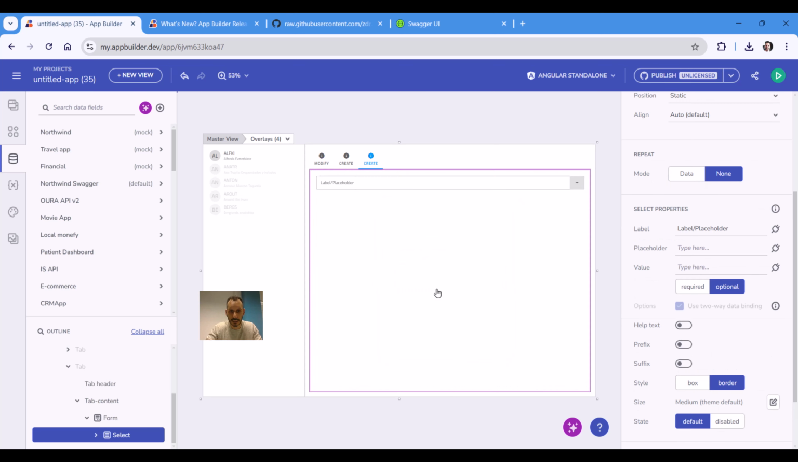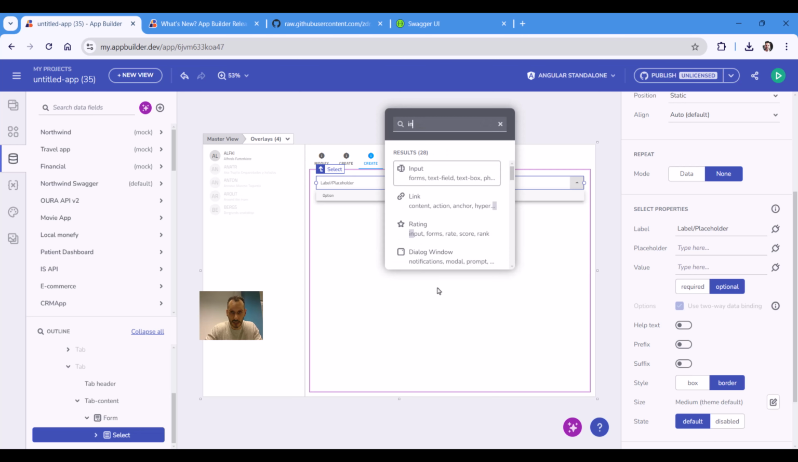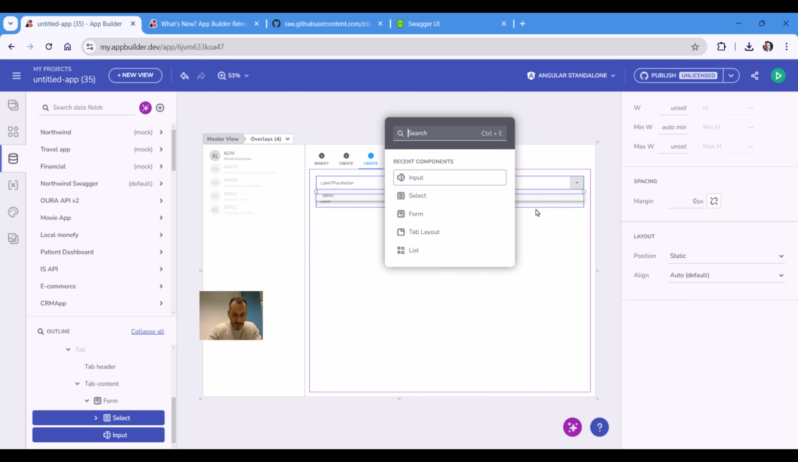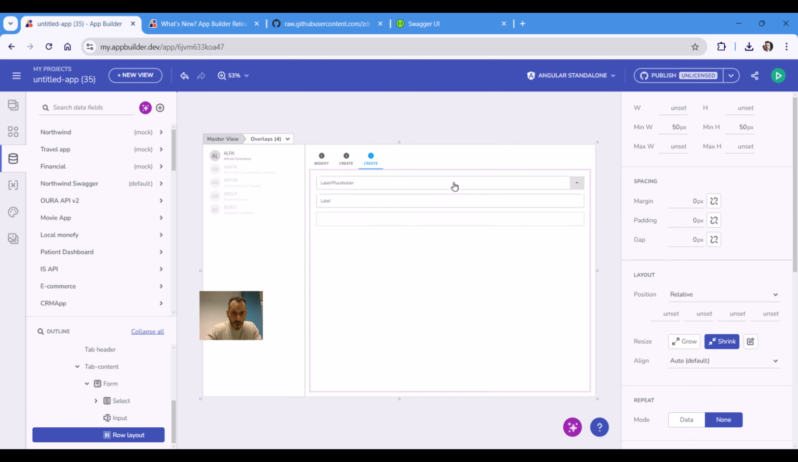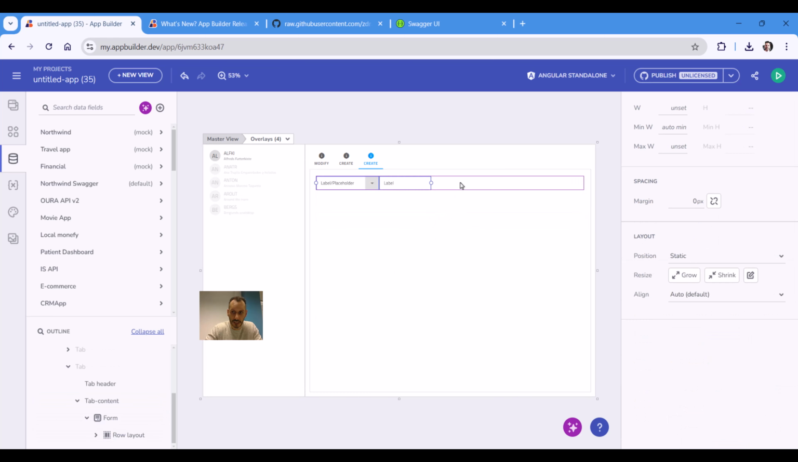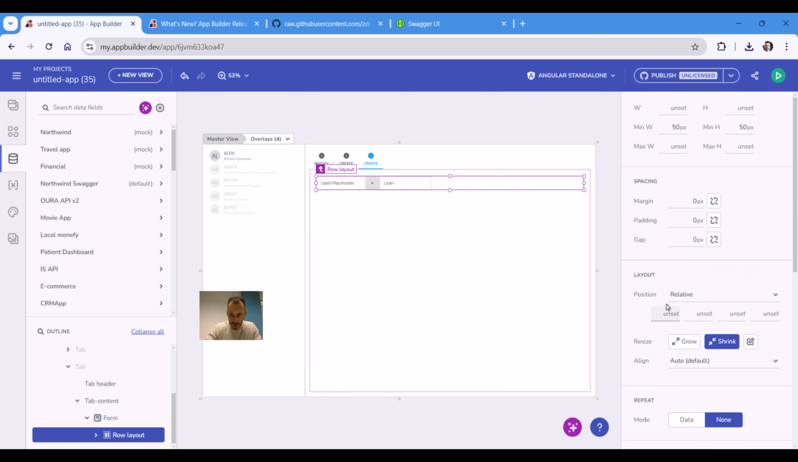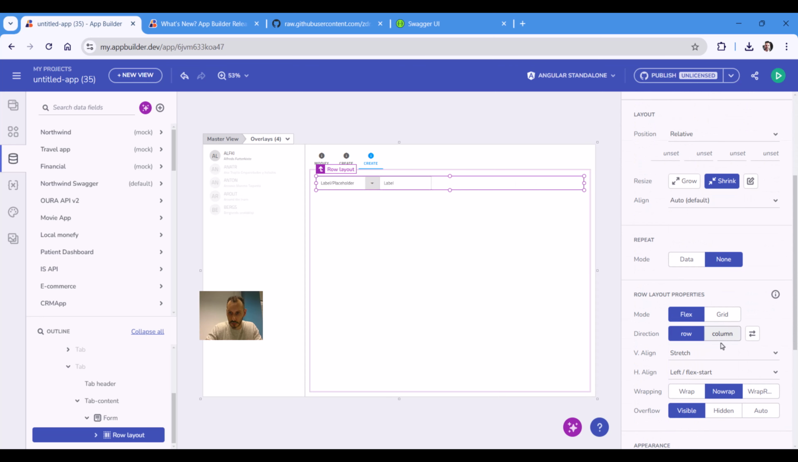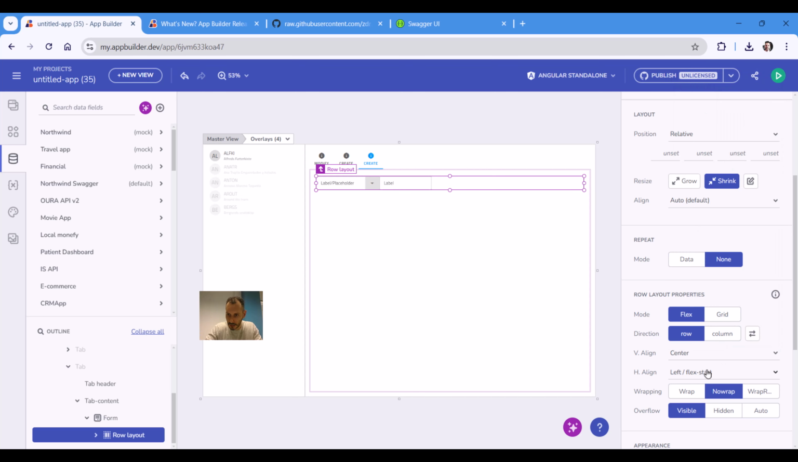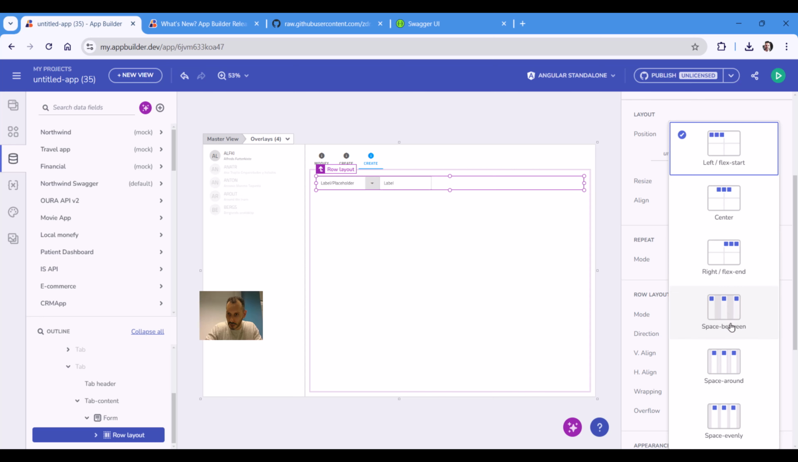You can add a select. You can add an input. You can even mark them and add them as part of a row layout. I mean, you can do whatever you want, and you can place everything within the form as you wish. So let's say I want this centered and to be